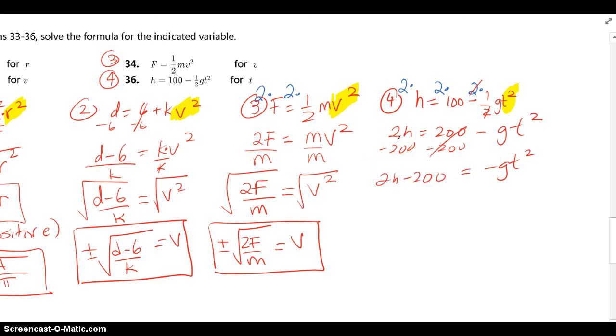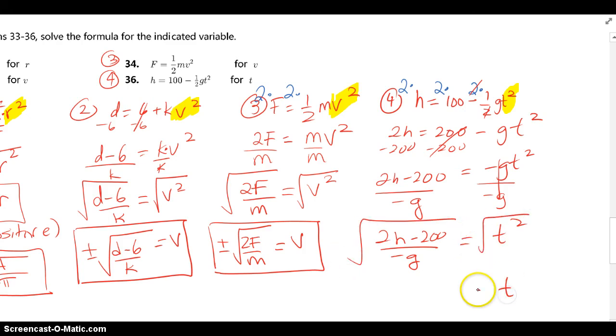Now still I have my eye on the t squared, and the g, or the negative g, is stuck to it, in other words multiplied by it. So I'm going to divide both sides by negative g, and that's going to get the t squared by itself. And that definitely looks kind of ugly. I have the t squared by itself, and I can go ahead and maybe square root both sides as is to get it alone. So one of the forms would be t is plus or minus this business